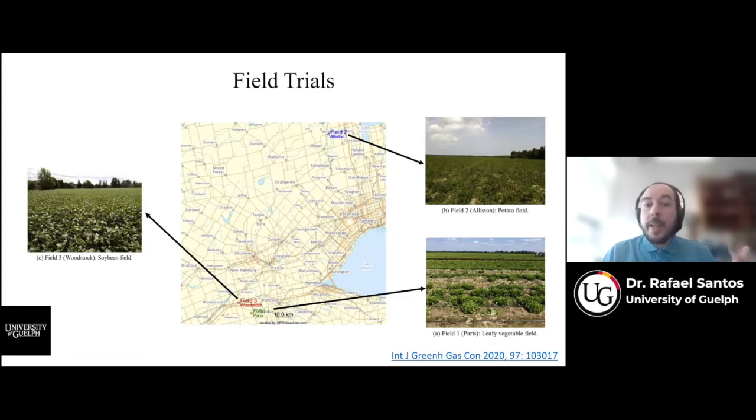The farmers had already been using wollastonite for several years because they saw benefits to the wollastonite beyond carbon sequestration. In the lettuce farm, for example, the farmers felt that the lettuce grew better. It would stay fresher for longer when transported to a supermarket, for example. In the potato farm, they felt that the potatoes would be larger, stronger, more nutritious because of wollastonite. And in the soybean field, the idea was that it supports yield, but also supports the reduction of the need to use pesticides because of anti-fungal and